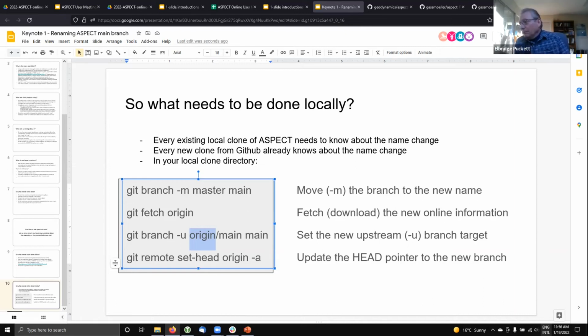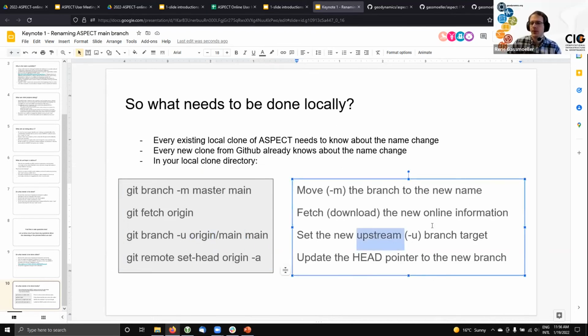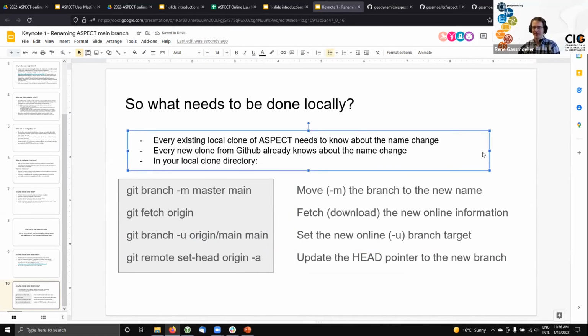Or I'm confused because you have upstream on the right and origin on the left. And upstream to me is geodynamics aspect, and origin. Yes, yes. There's an unfortunate duplication of names here. Is this better? Upstream in this case does not mean the remote that is named upstream for you. It means